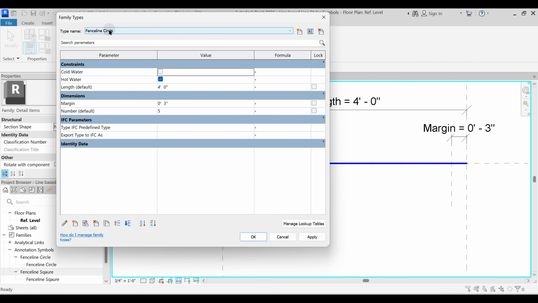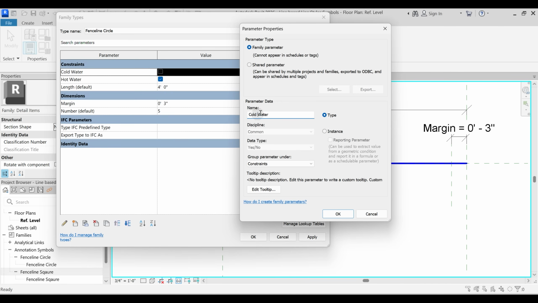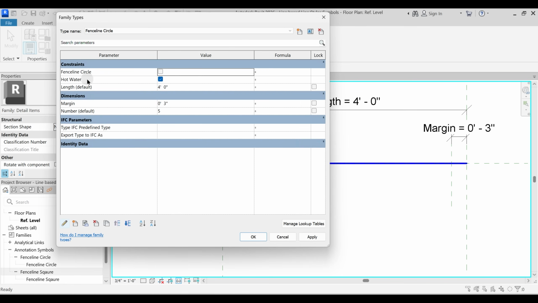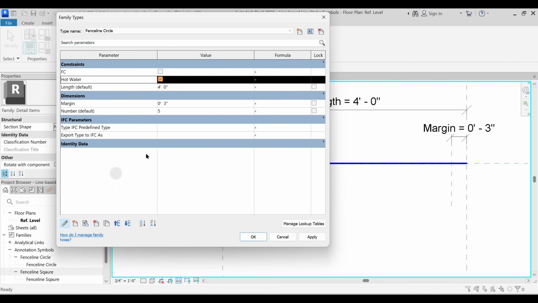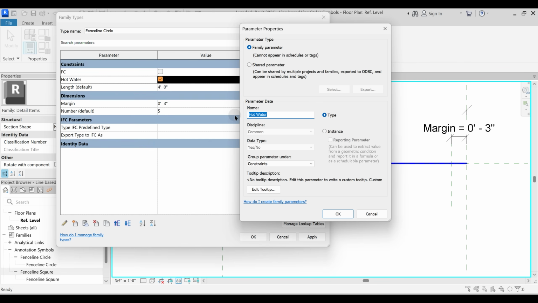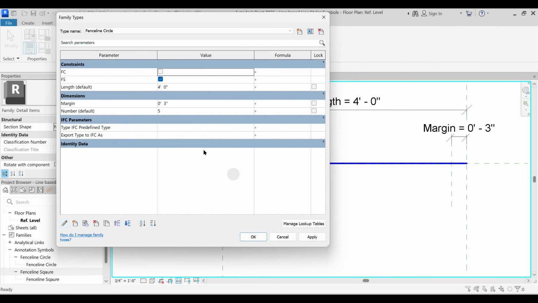And for this, if this is the fence line circle, I will just say that this would be fence line circle. Okay. And we can call it just FC. FC, edit, FC. Okay. And this would be edit FS. That is fence line square. Okay. So for this particular circle,